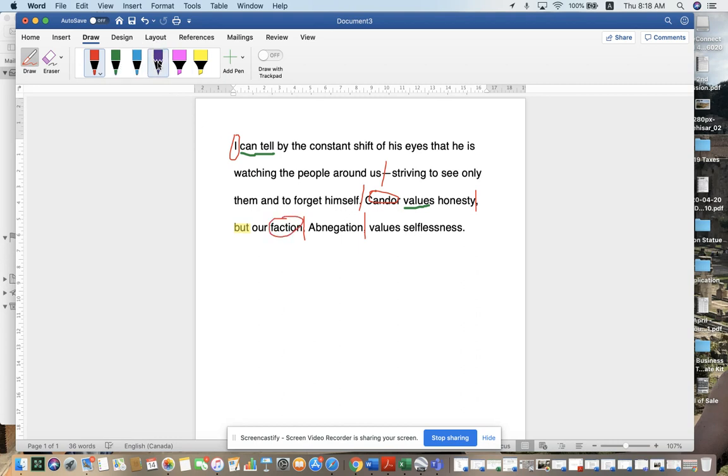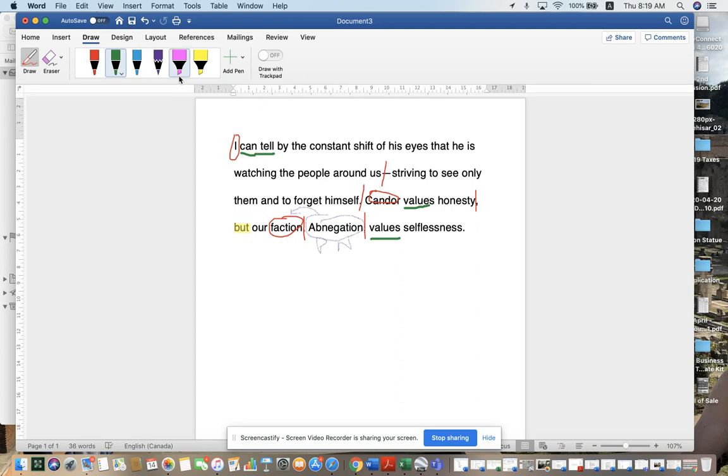And now things start to make a little bit more sense because abnegation right away, okay, one word in between commas, is a predicate nominative, describing faction. Okay, so the name of the faction is abnegation and it's followed by a predicate. Awesome. So we have 1, 2, 3 separate subject predicate constructions that we can recognize. But we still have this big long sentence that we unfortunately didn't really get to, and all we have is one subject and predicate. So let's start by